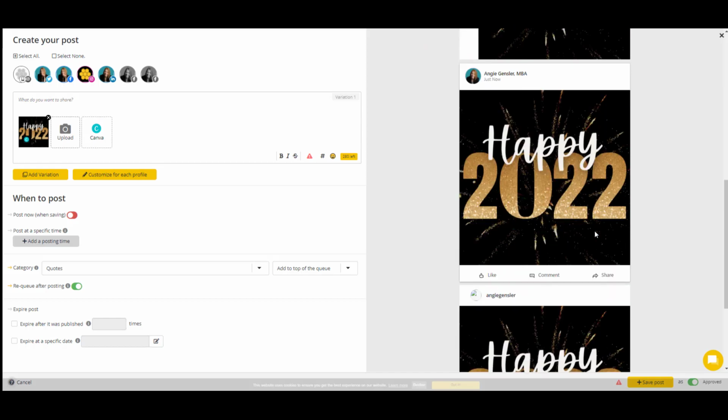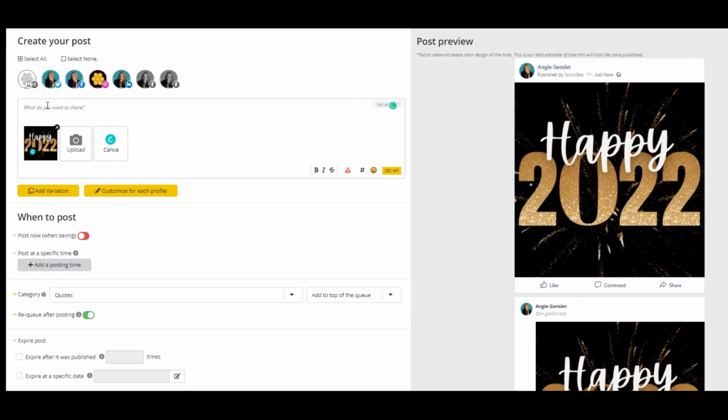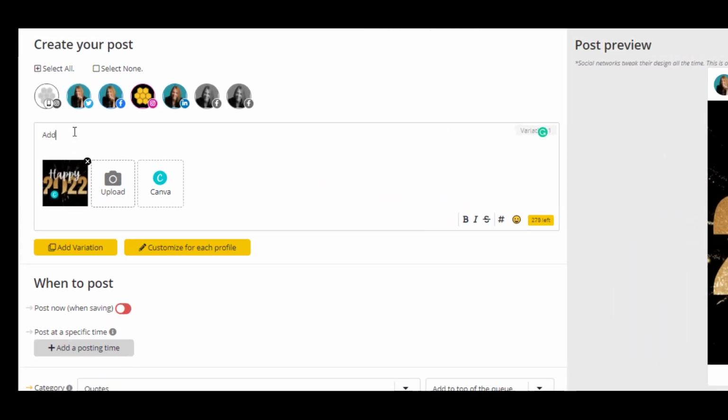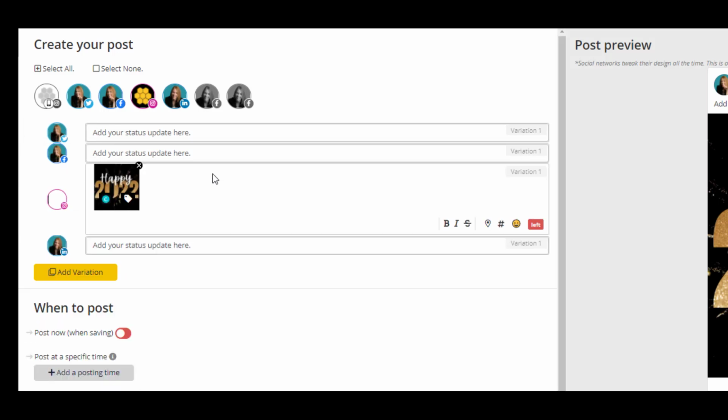Holy cow, and now you can see the preview there in all these different channels. And then you can add your status update. And I'm just going to do add your status update here. Okay, one more feature that I absolutely love about SocialBee. So now I can say customize for each profile, and it will break them out individually, which is really incredible